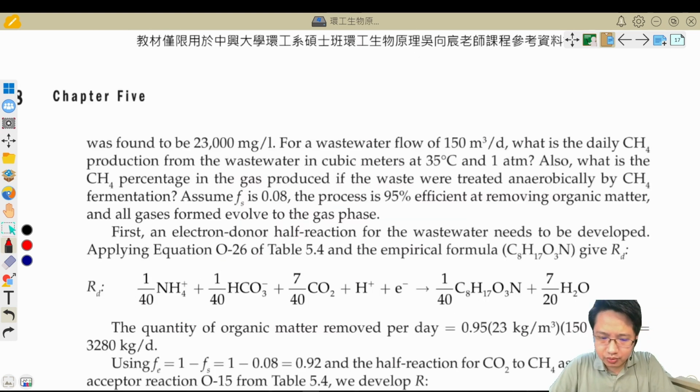If they want to use the wastewater as a source for the anaerobic microorganisms for the methanogenesis reactions,